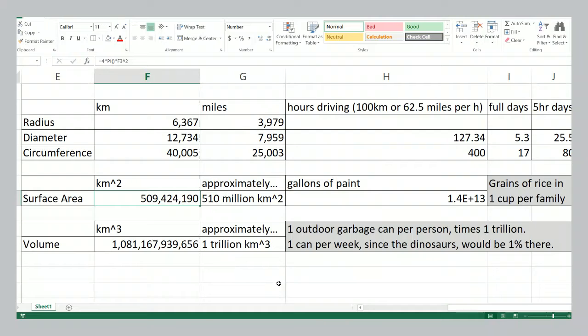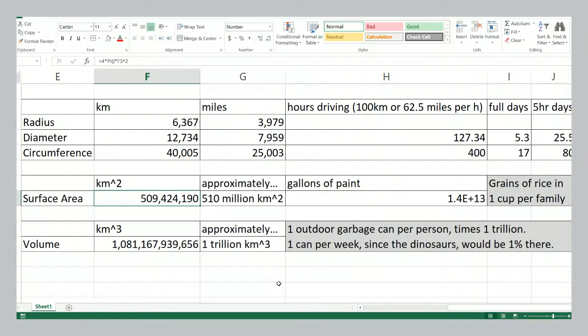You want to be able to compare it to something that you can feel. So that's what we're going to talk about. Let's start with the diameter. If you were to drill a tunnel through the center of the Earth, you start on one end of the Earth, you dig all the way to the center, and then you just keep digging all the way up to the other side of the Earth. The length of that tunnel would be 12.7 thousand, so almost 13,000 kilometers, or almost 8,000 miles.